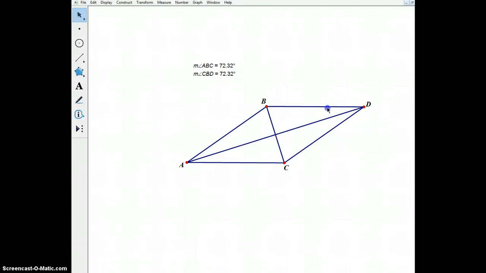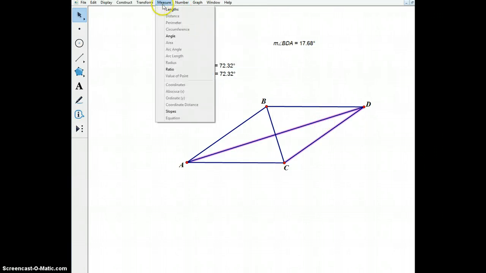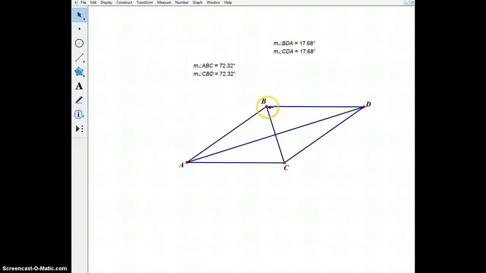Now let's look at BDA. 17 degrees. How about CDA? 17 degrees as well. So we notice no matter how much we change it, those angles are always equal. So therefore, this is indeed